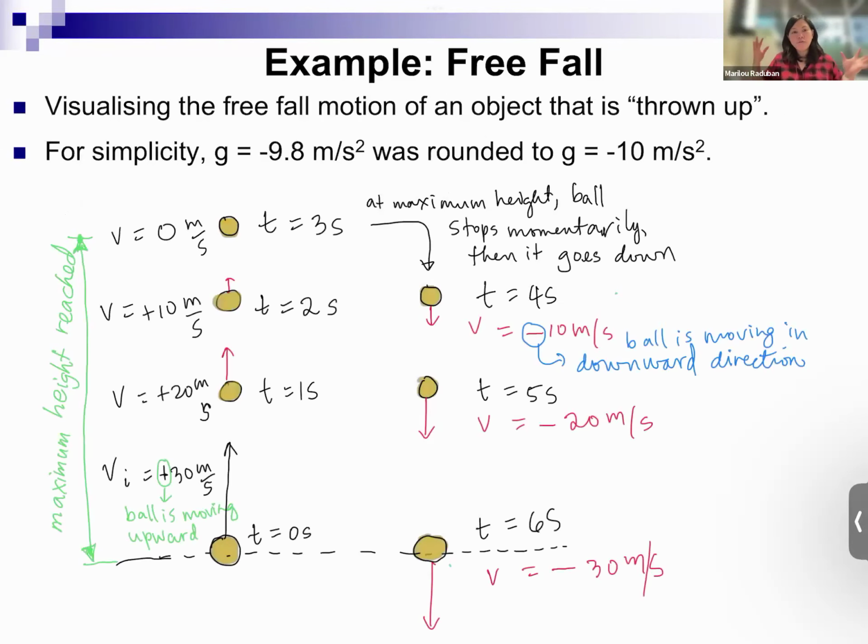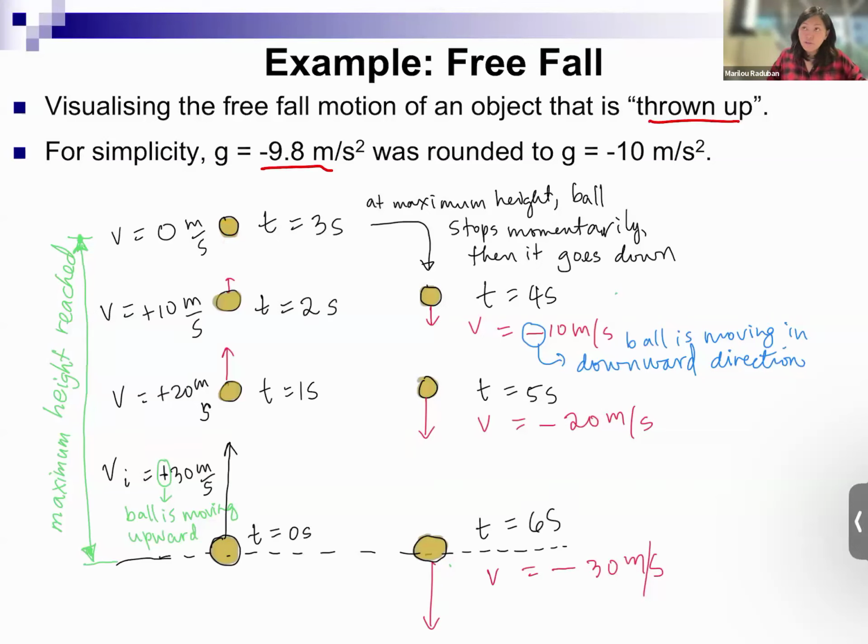It can be useful to visualize what's happening to the ball. You have this ball, it's thrown upwards, and the initial velocity is given as 30 meters per second. So of course the ball will move upwards because it's thrown upwards. We know from free fall that the velocity of an upward moving object will decrease by 9.8 meters per second